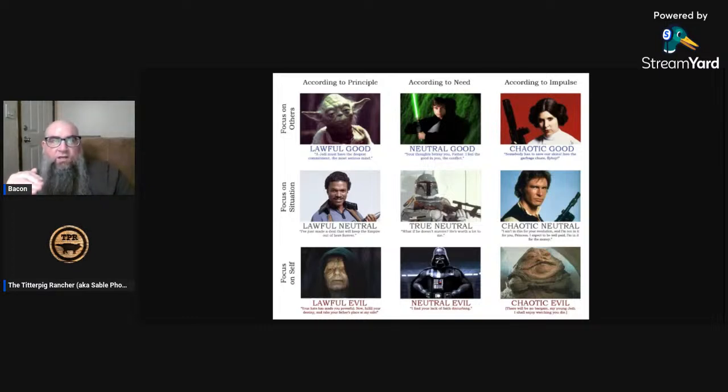I just think that because alignment tends to be so simple, because there's 3 points along 2 continuums, it's a very easy gradation to sort of teach, which is why I'm sure you use this to teach new players, because it's evident and very self-explanatory so long as you're familiar with Star Wars. Right. But there is nuance here that I think is lost due to the general simpleness of alignment. That doesn't mean it's not useful. I actually quite like alignment.